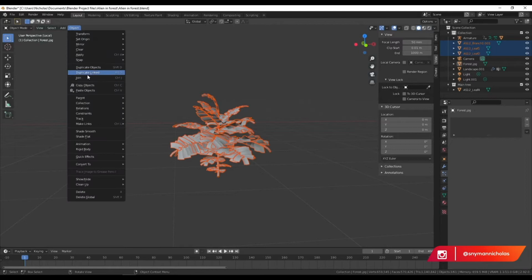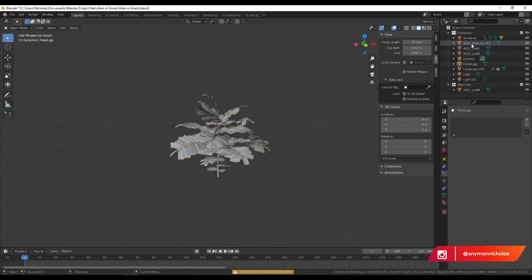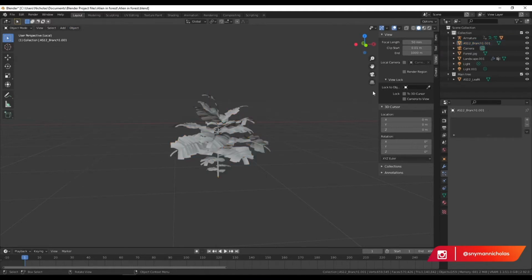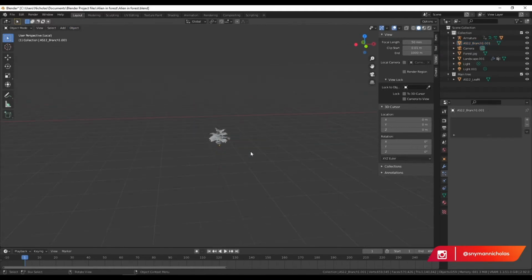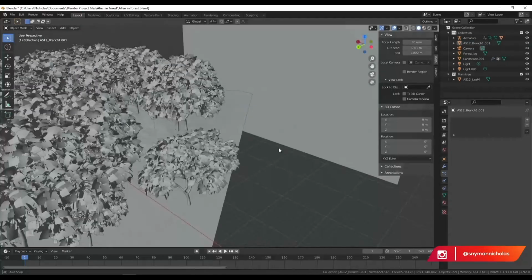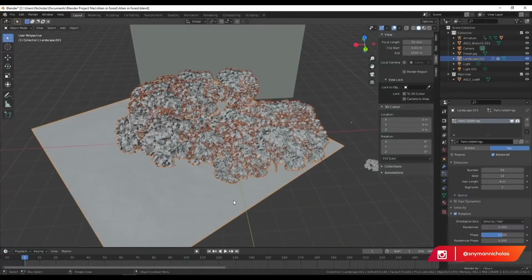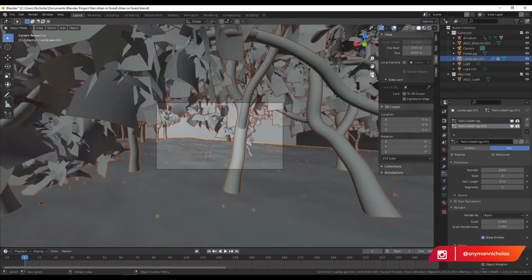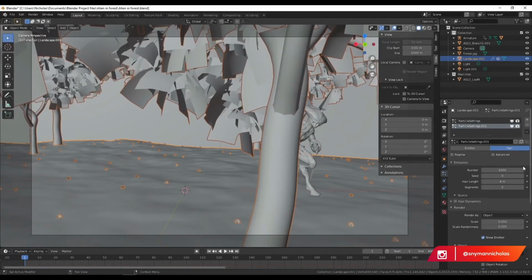I'm going to say object join. It doesn't want to join for some reason. Object join. Okay, there we go. So what I'm going to do now is click on our surface here, create a new emitter, hair, change this to object, and we need to select our little tree there. Cool. Then we can play around with the scale